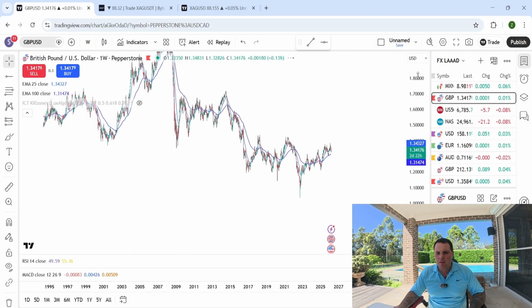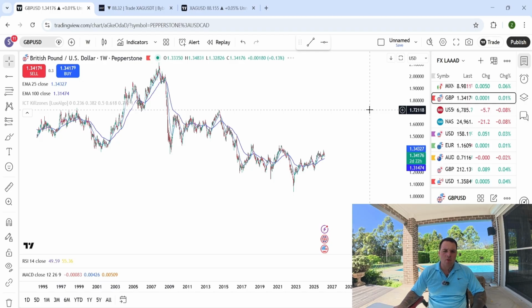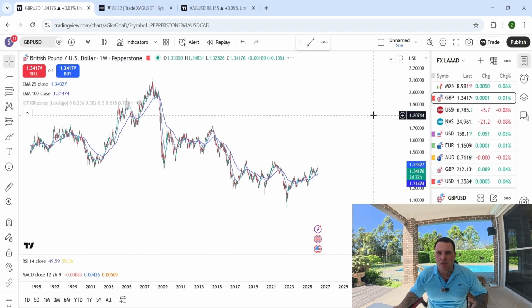But I find the further the analysis you go, the more confluences you have. A confluence is just another form of confirmation. So everyone has their confluences. Me, I use the RSI, the MACD, so the relative strength index, the moving average convergence divergence, as well as the time frames, trend lines, support, resistance, basic structure,